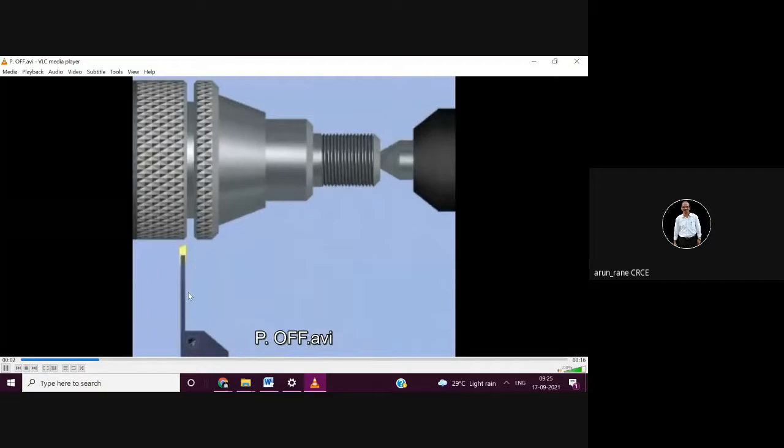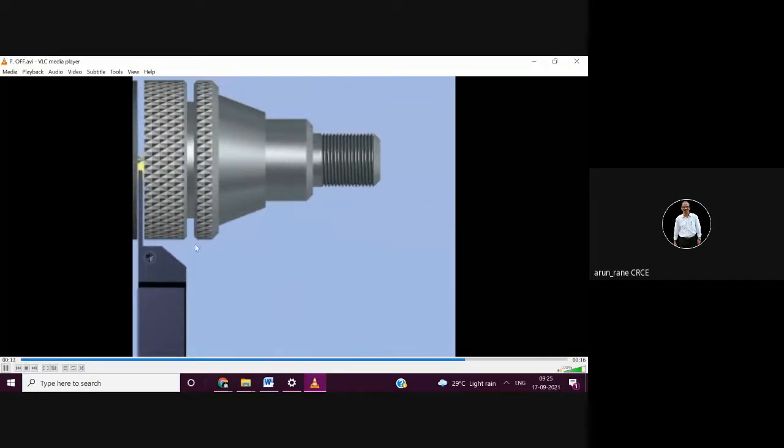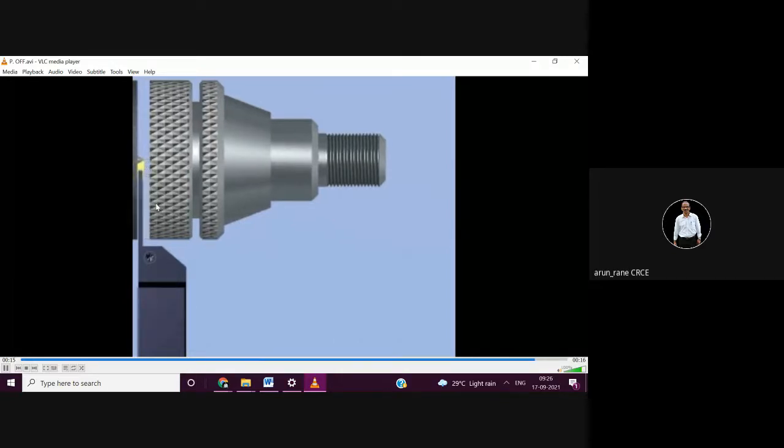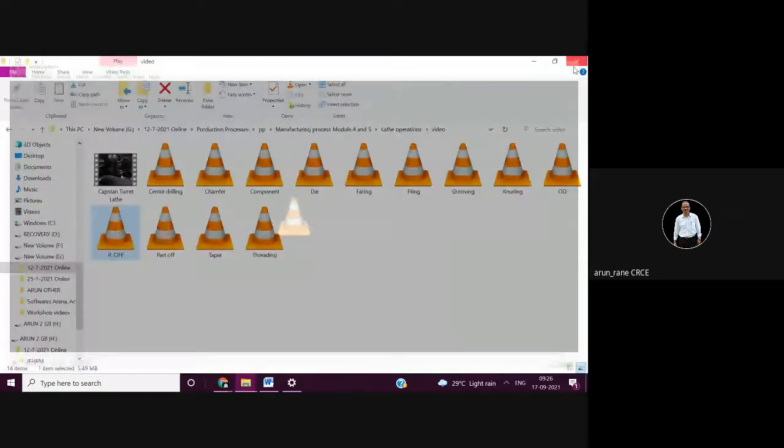See, the parting tool is slender and slim, so you have to be very careful. A slight chip can break the parting tool. A small amount of chip will break the parting tool, and parting tools are expensive also.